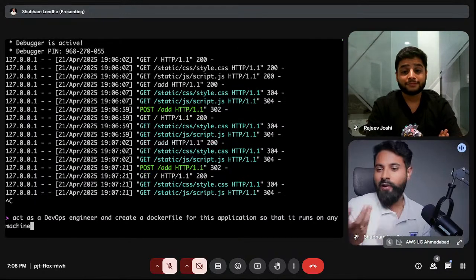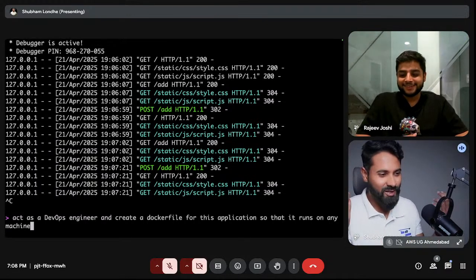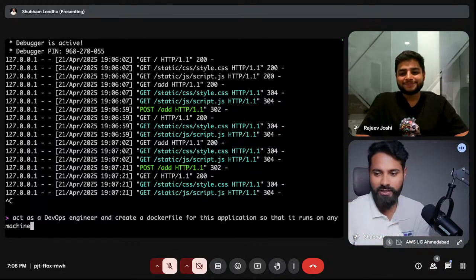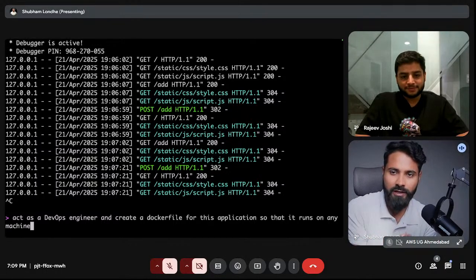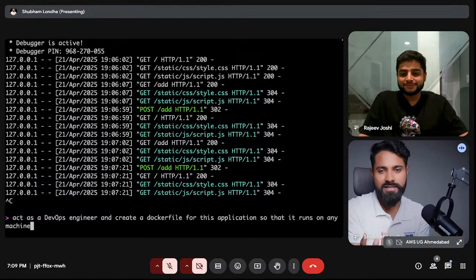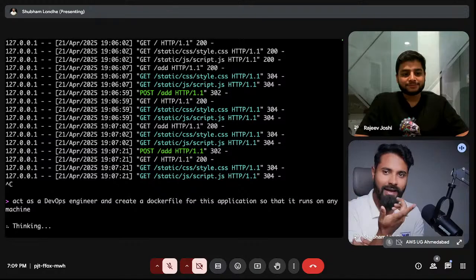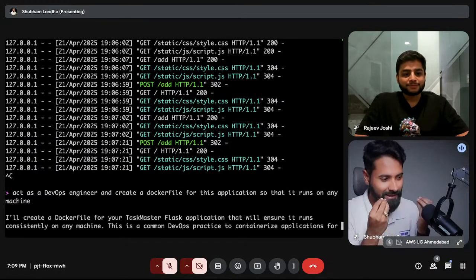Why? Because tomorrow someone will come and say, hey, this works on my machine, it is not working on my client's machine. Because that's what everyone says. But we don't want to say that. We are DevOps engineers. We know what is Docker. We know how to make things platform independent. So we will write this prompt and let Q Developer do its work.